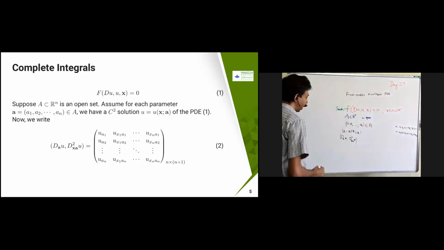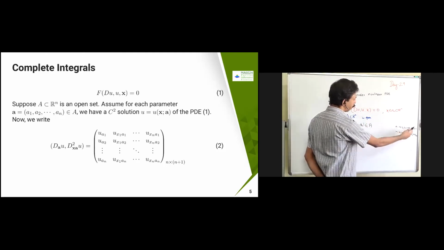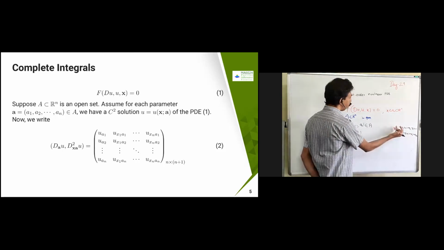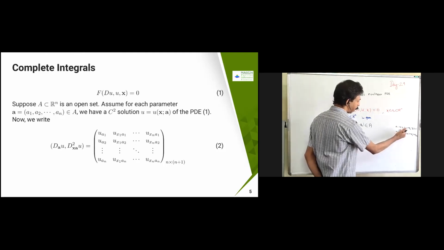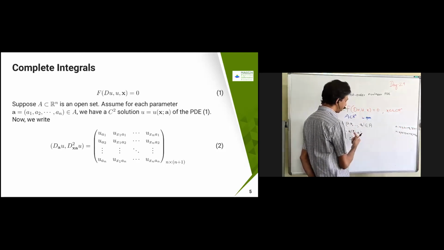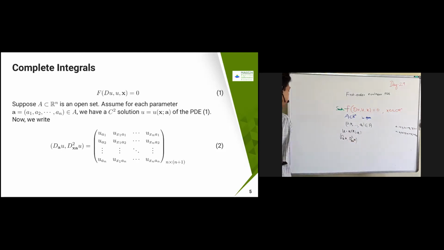So you have something like a similar line. u of x comma a. Here only one variable, but two solutions are there. But this is completely different from what we have here. Here one variable is there, but it's a second order ODE, so two constants will come. But this is a first order PDE, so it is completely different. There also you can do a similar kind of thing: for a first order PDE with one variable, one constant will come. Here n variables, so n constants will come.